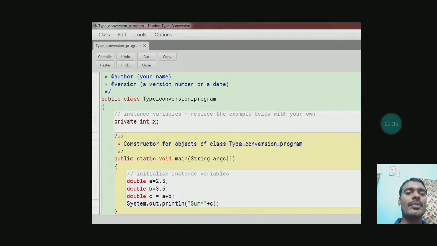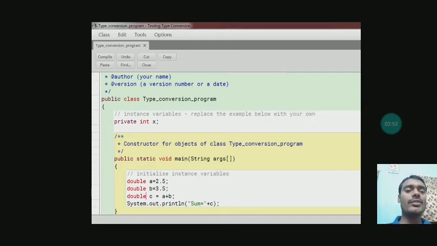So what will be the output? Output will be 6. Both a and b will be added, and the result is stored in the c. And at last I have printed the result. System.out.println under double quotation mark I have written sum equals to plus c.